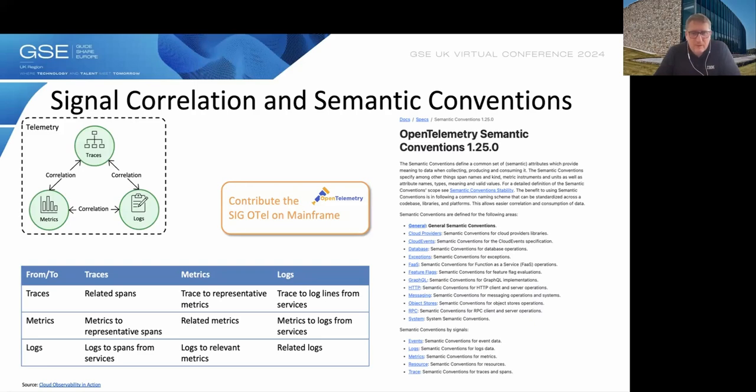And we have this work ongoing as well as part of the OpenTelemetry on mainframe. The objective here is to come to a representation of the mainframe as part of the OpenTelemetry semantic conventions. Essentially, what we imagine, as you can see here, there's a list of topics which are covered by the conventions. And at some point in the future, we want to have a representation of the mainframe here and the mainframe